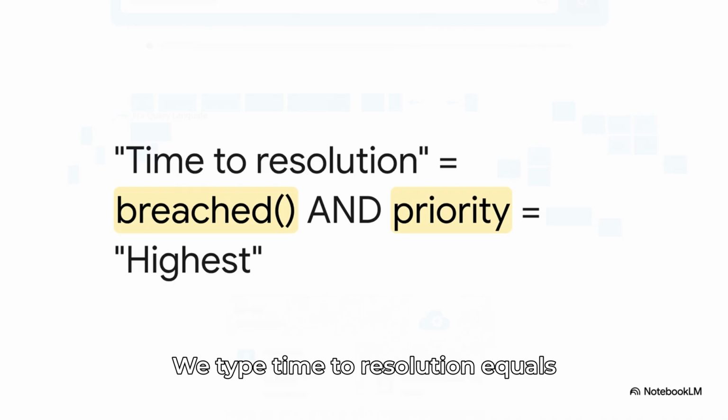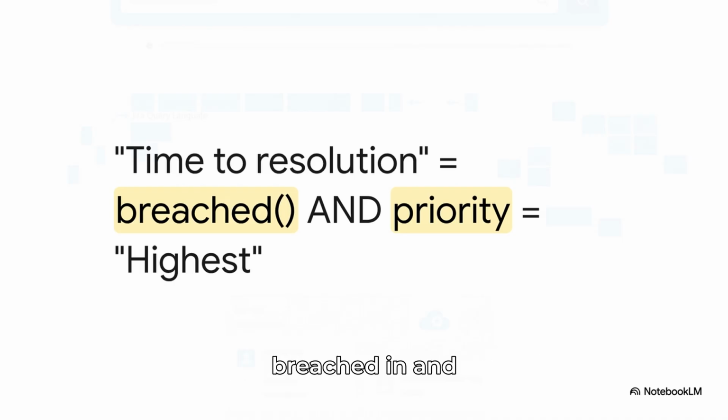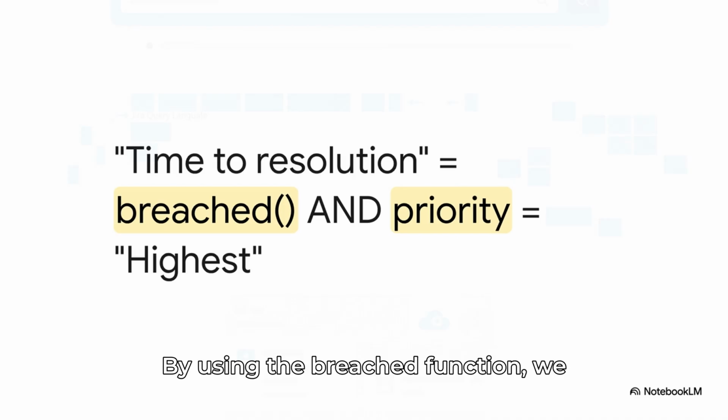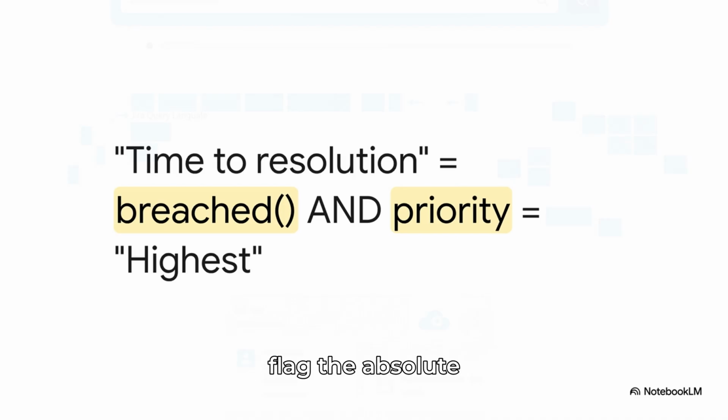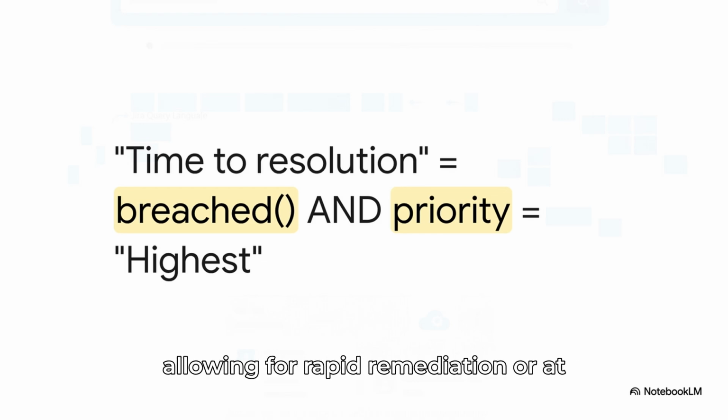We type time to resolution equals breached in and priority equals highest. By using the breached function, we flag the absolute highest priority tickets that have just missed their target goal. This immediately focuses the team on the most critical violations, allowing for rapid remediation or at least stakeholder communication before